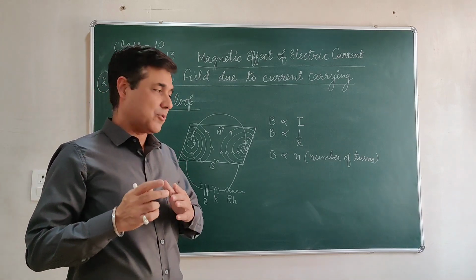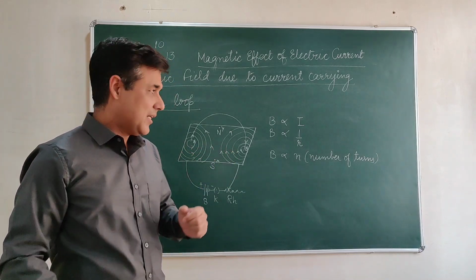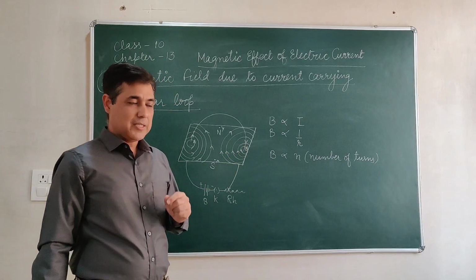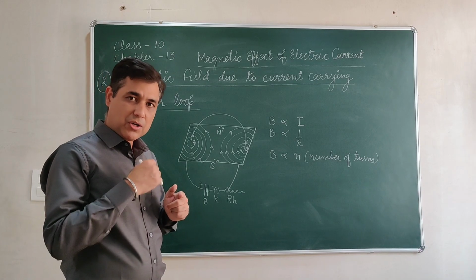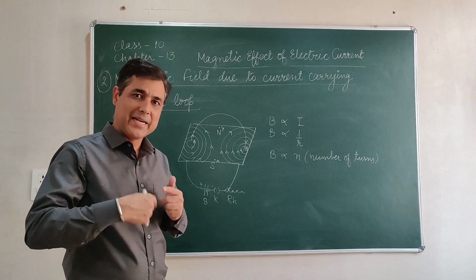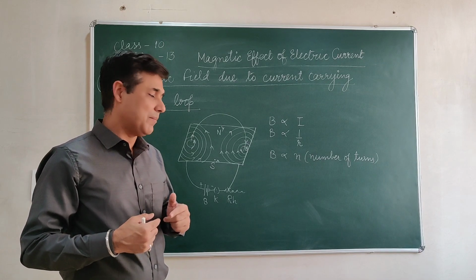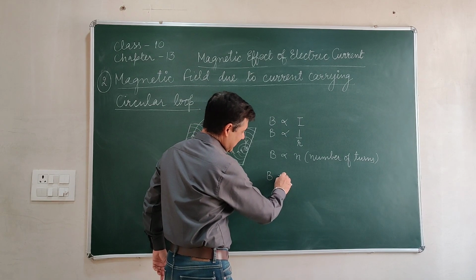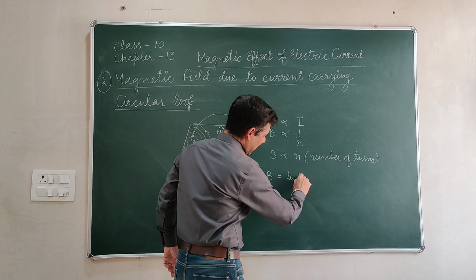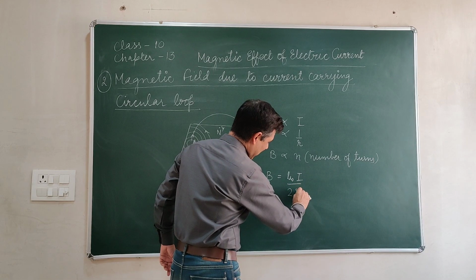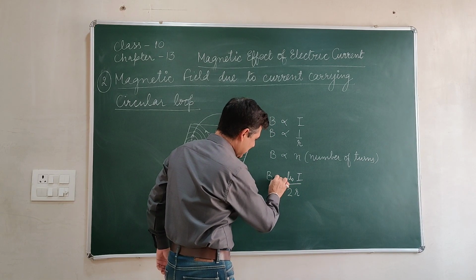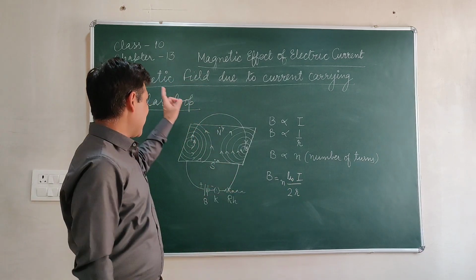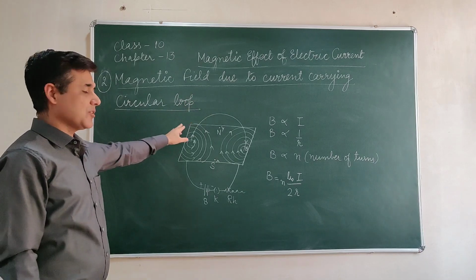Sometimes we are asked how the number of turns affects the strength of the magnetic field. So remember, when we increase the number of turns, the magnetic field becomes stronger, because the magnetic field in all the turns will be in the same direction, so it will be added up. With these three we can reach a formula, that is mu 0 I upon 2r, and we just multiply it with n, the number of turns. So n mu 0 I upon 2r is the formula for the magnetic field due to a current carrying circular loop.